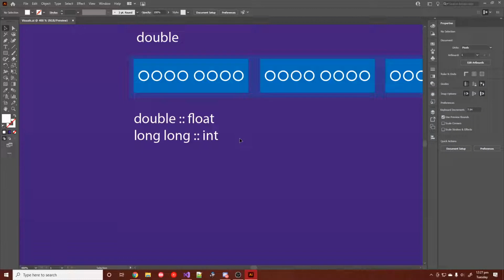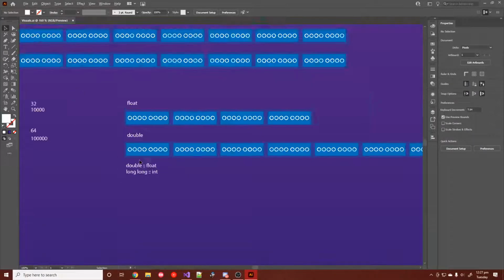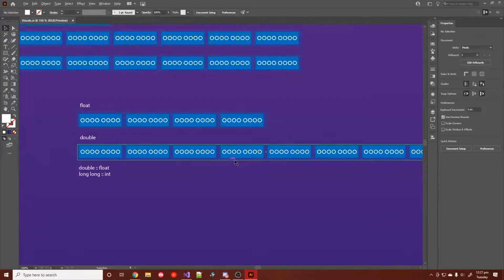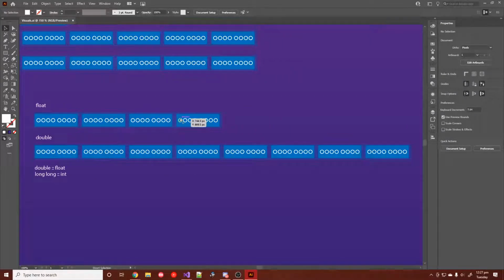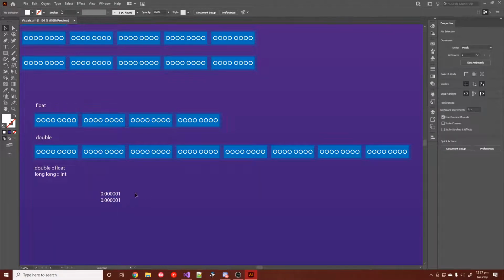It's not so much that you have twice as many values. You actually have twice the precision. And so that means that, well, imagine you have a float value which is just 0.000001. If you were to make the same number in a double,